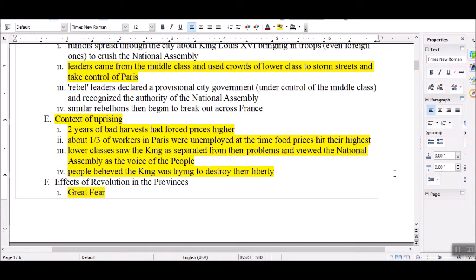He was out in Versailles, the grand palace that I know I've shown pictures of over time. This grand palace is about 20 miles outside of Paris, which means he doesn't know what it's like in Paris. So they're not wrong about that. They'll also look to the National Assembly as being the primary voice of the people. And they utterly believe the king is trying to destroy their freedoms, their liberties.